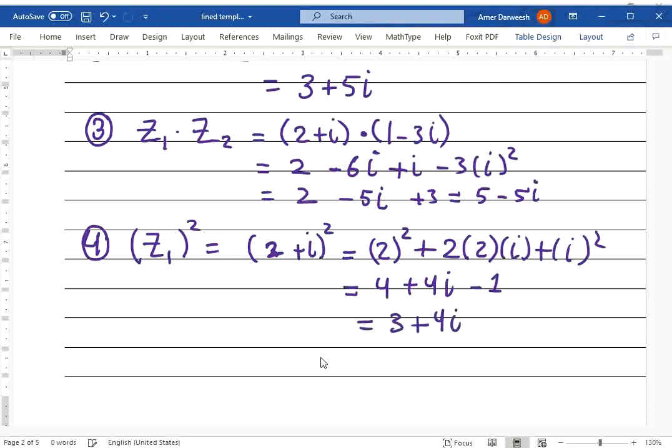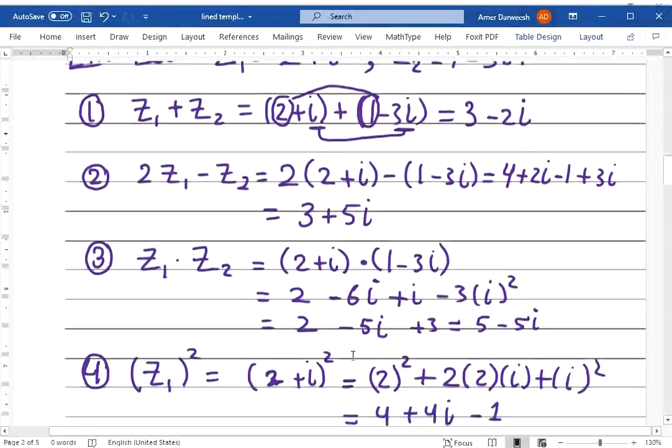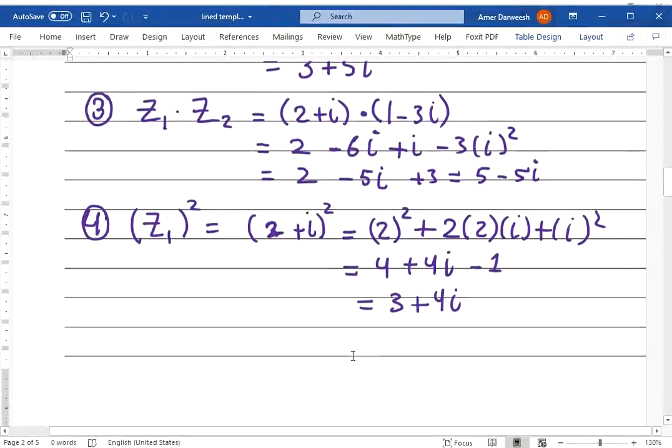So هيك بنكون تعلمنا كيف نعمل عمليات حسابية على الكومبلكس نمبرز جمع وضربها وطرحها